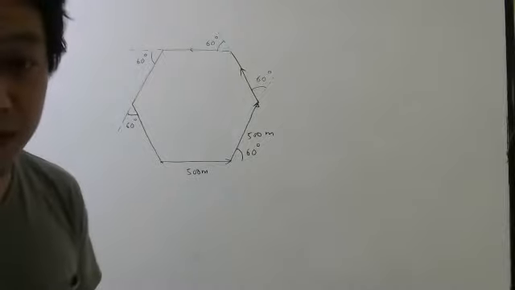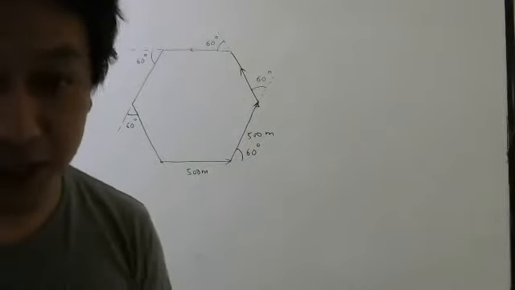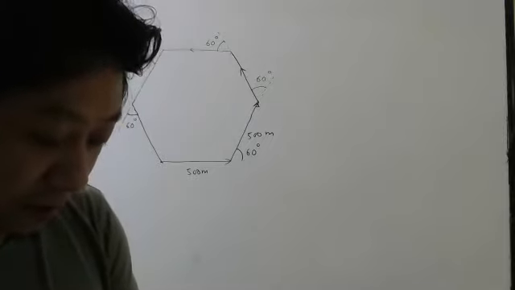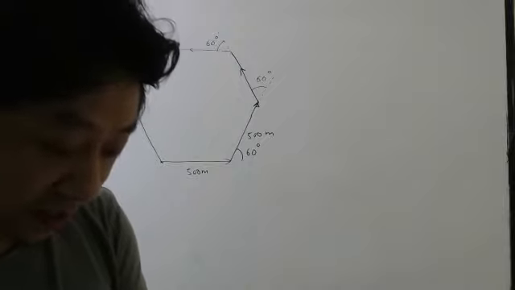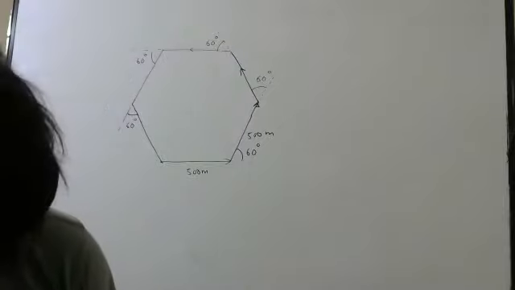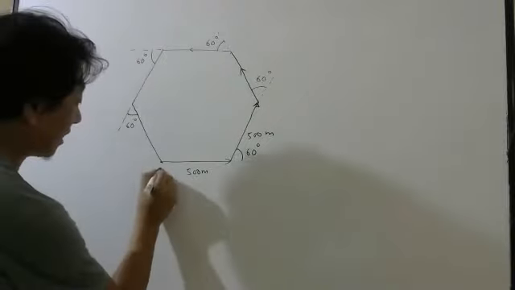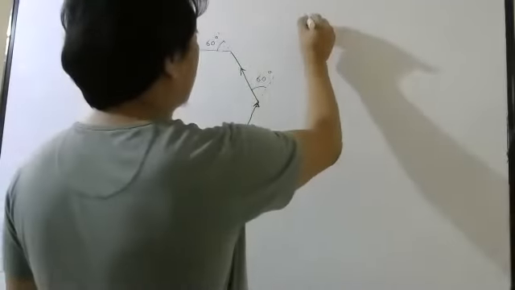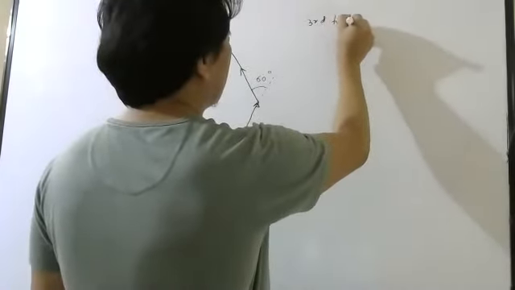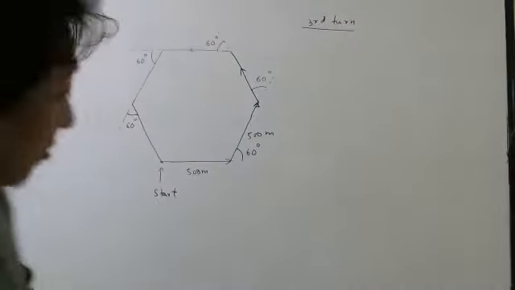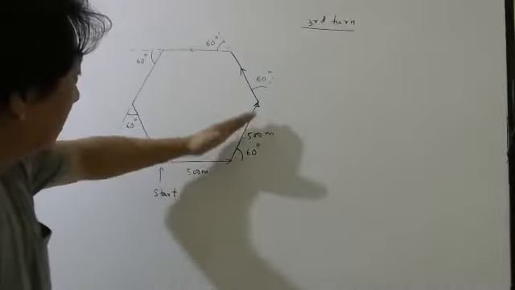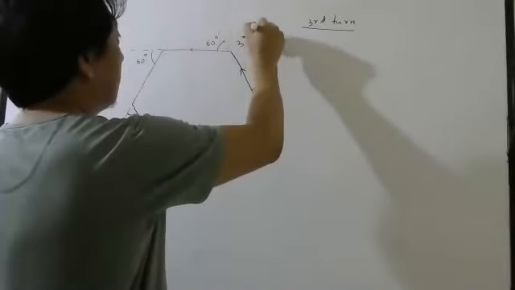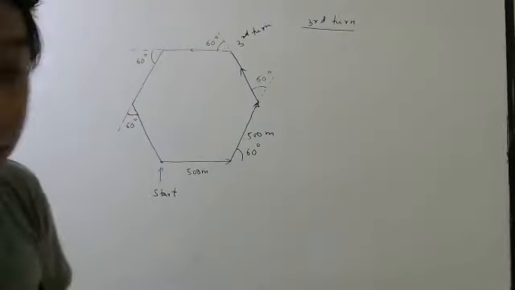Now what they told: starting from a given turn, what will be the displacement after the third, sixth and eighth? Third, sixth and eighth. So let us say this is my starting point. Let us see after the third turn where it will be. It starts from here: first turn, second turn, third turn. So the third turn is here. Yes or no, students? Third turn means it is there.